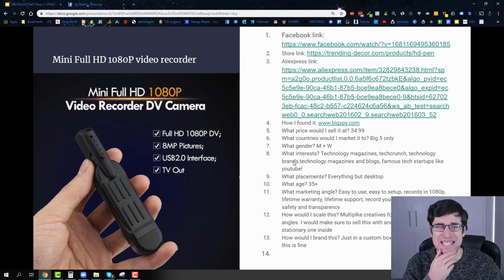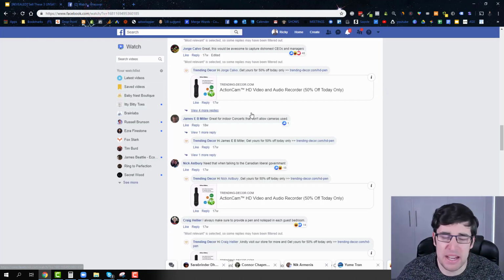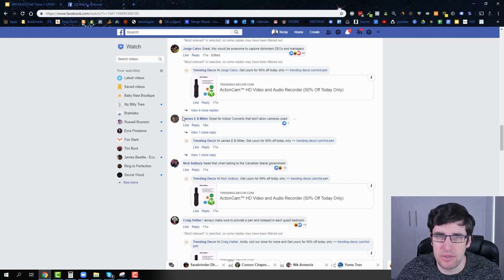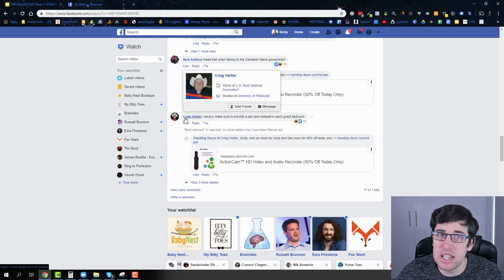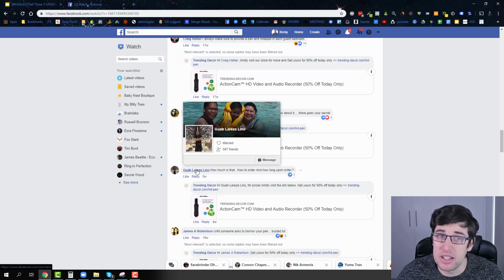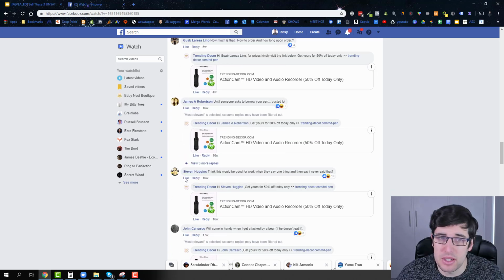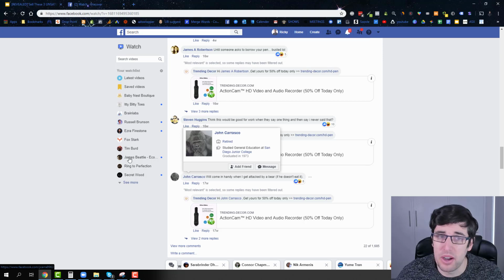Now, the age I see as a bit of a unique one. I see this as being mainly at least 25 and up, but I actually see that this would be mainly 35 and up. I haven't looked at these prior to this, but I suspect that a lot of the people that are interested in it will be at least 25, but I actually feel that they'll be maybe 35 and